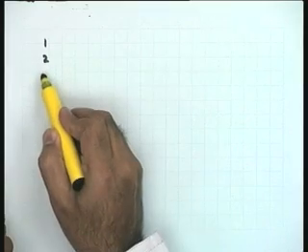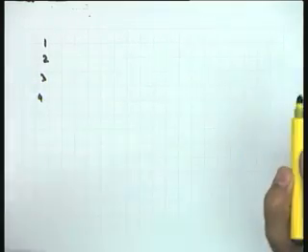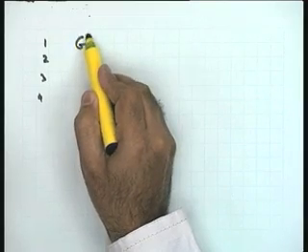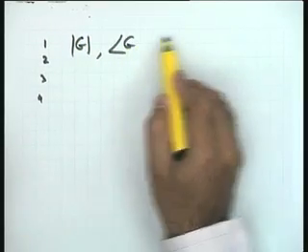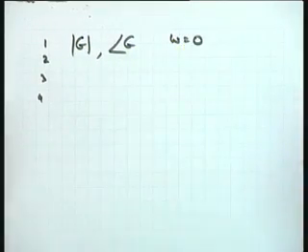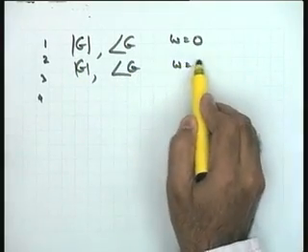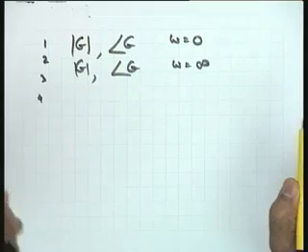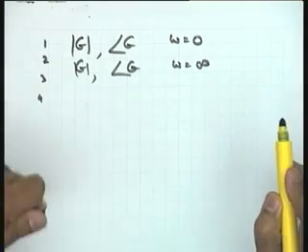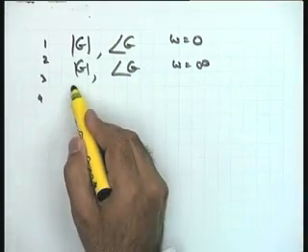So normally, this is the guideline. You may or may not agree with this guideline, but my experience shows that if you have these 4 points, the rough sketch you can easily make. The 4 points are the magnitude of G and the angle of G at omega equal to 0, the magnitude of G and the angle of G at omega equal to infinity as far as the frequency response is concerned. Naturally the other part will automatically follow.